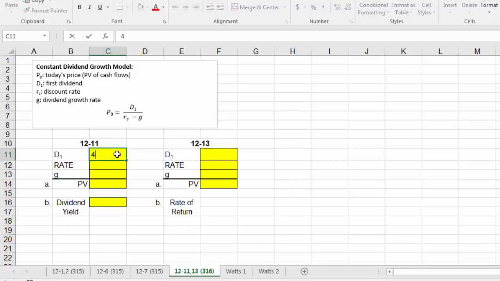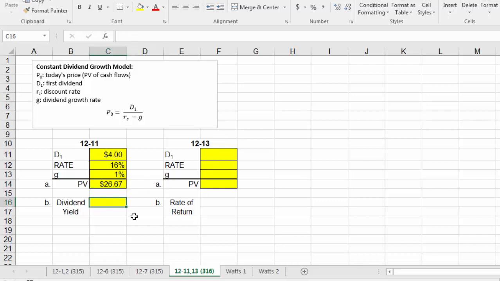So the dividend is going to be $4. The discount rate, remember, this says required rate of return, that's a discount rate, for stocks in this industry is 16%, 0.16. And then the growth rate of dividends, they said 0.01, a pretty small growth rate. Okay, now we can run this formula in Excel. Equals D1 divided by, use brackets because we've got a subtraction problem here, R minus G. And there we go. We're going to value this stock at